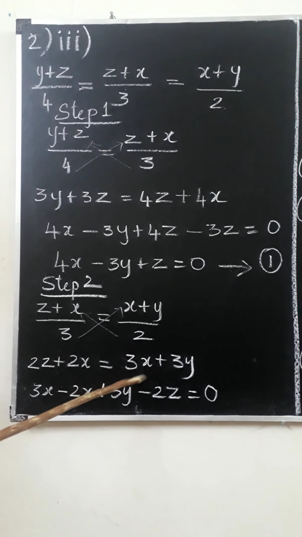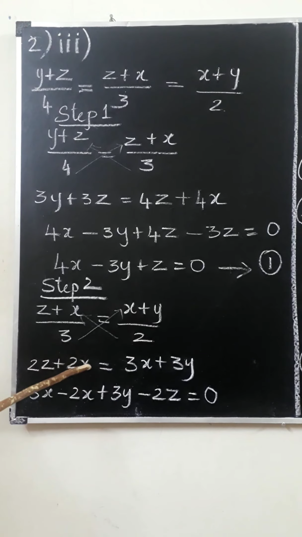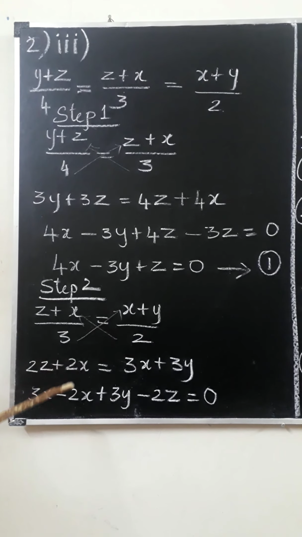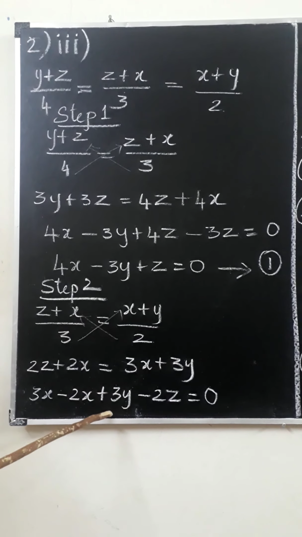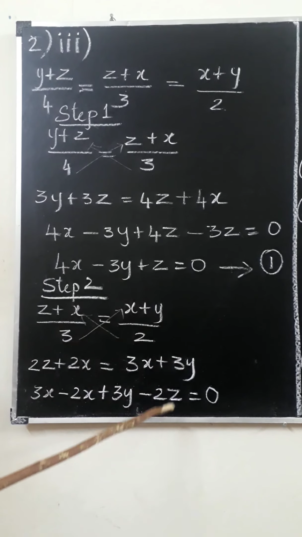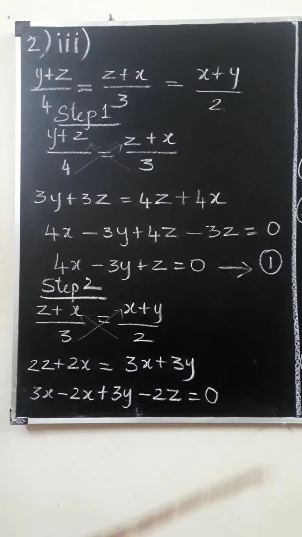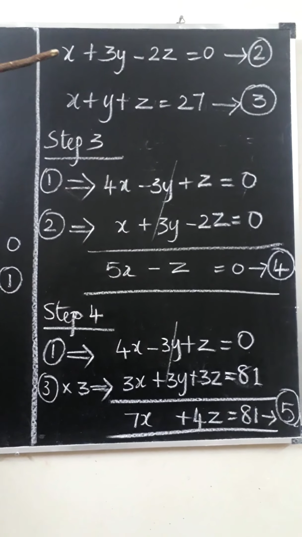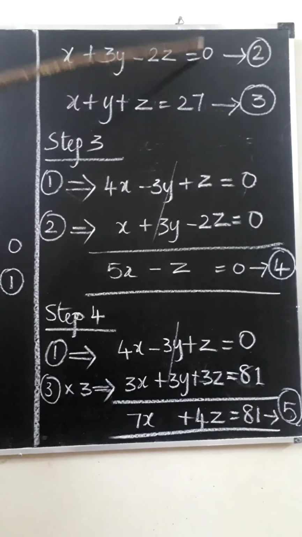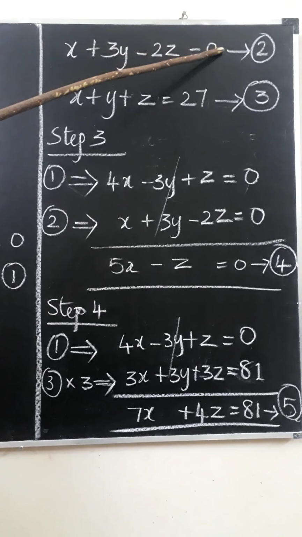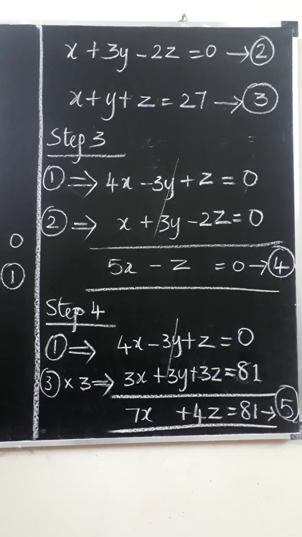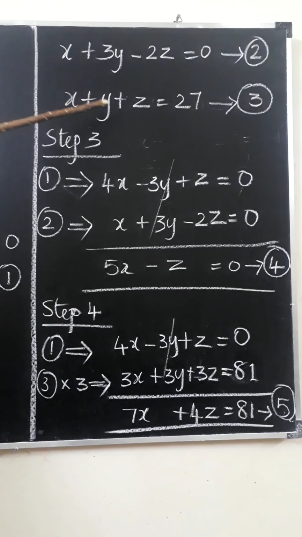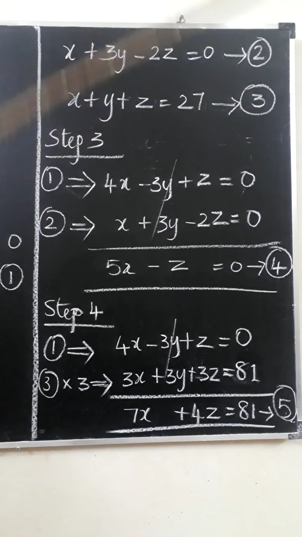Then here also x is there in the RHS with plus sign. So bring these two terms to the RHS. Then it is 3x and plus 2x comes here, minus 2x. Plus 3y and then 2z which is coming that side, which is minus 2z. That is equal to 0. On simplifying them, we get x plus 3y minus 2z is equal to 0. That is the second equation. So in the sum, the first equation and second equation are derived from the given equations. The third equation is already given in the sum as x plus y plus z is equal to 27.